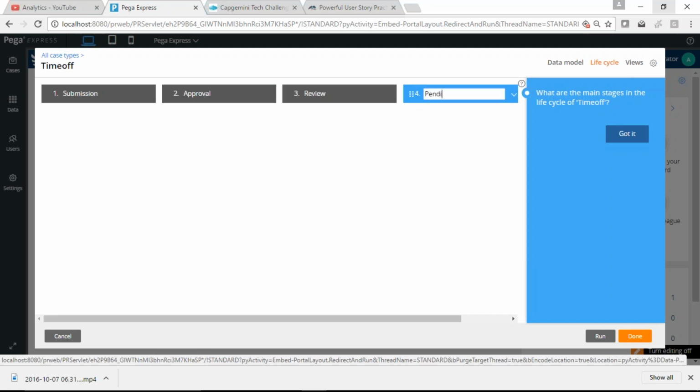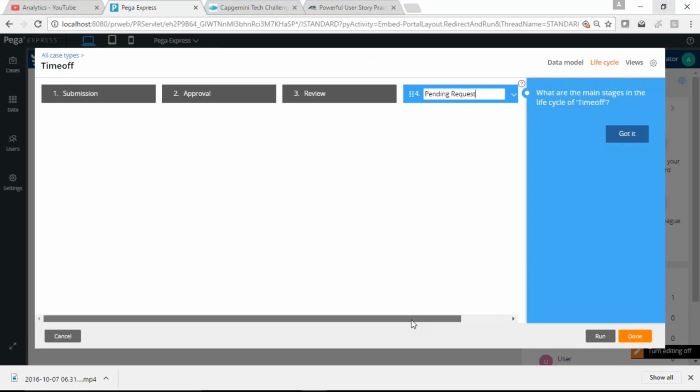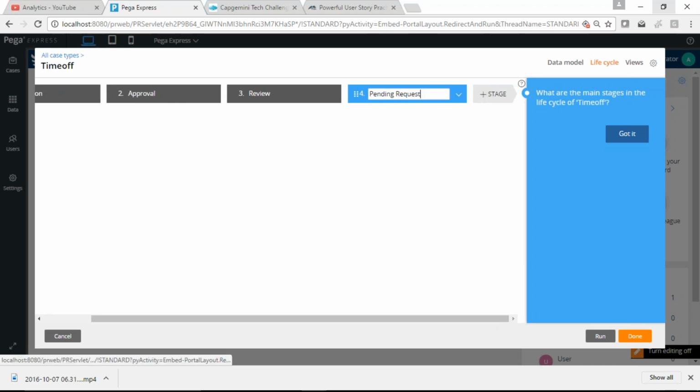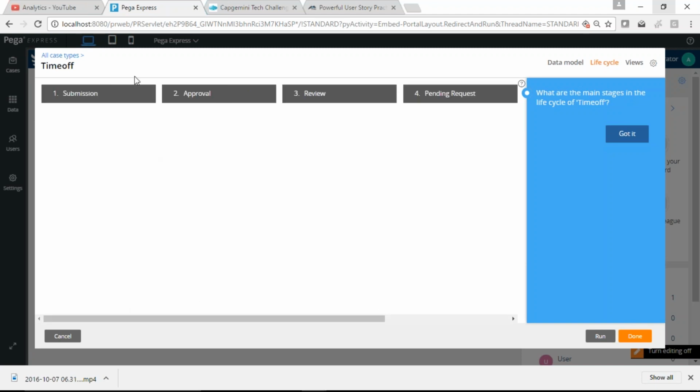Until the employee has gone for the leave, like if we have applied for 1 month, it will stay in this stage. From there it can go for the update of the request. And finally, it can be resolved. So those are the 5 stages we have included.